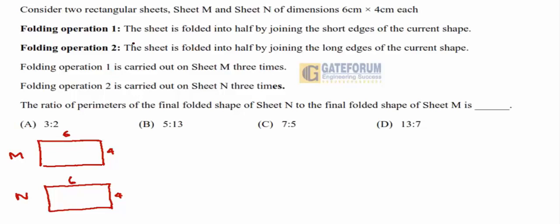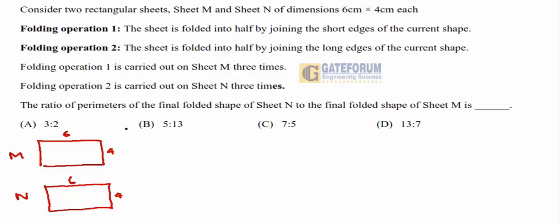They have given us the folding operations. Folding operation 1: the sheet is folded into half by joining the short edges of the current shape. Folding operation 2: the sheet is folded into half by joining the long edges of the current shape. So the long edges of the current shape imply it is folded like this, with the long edges overlapping over